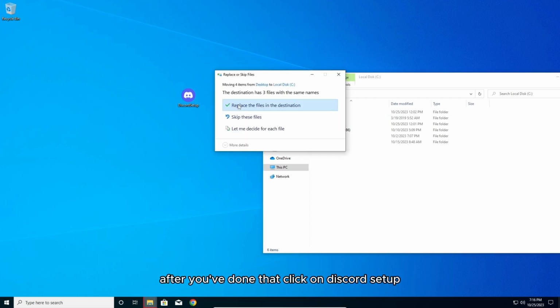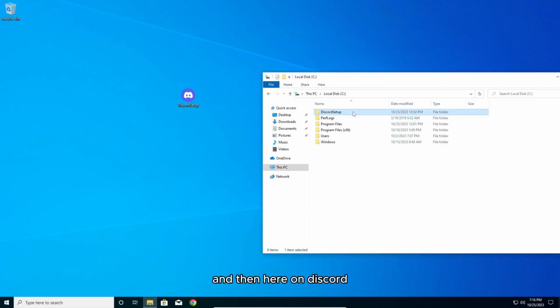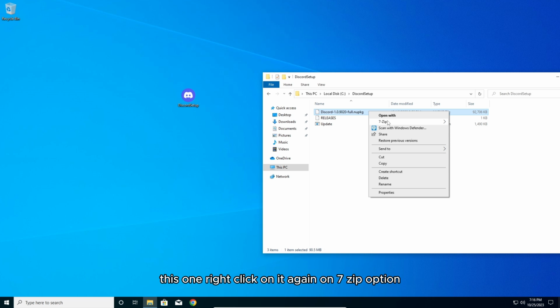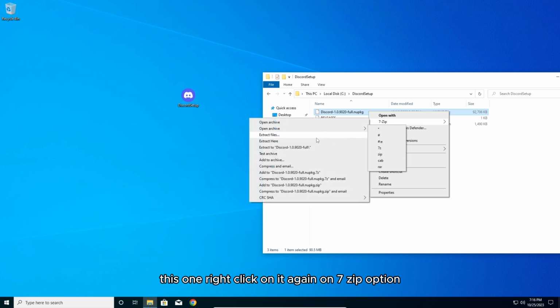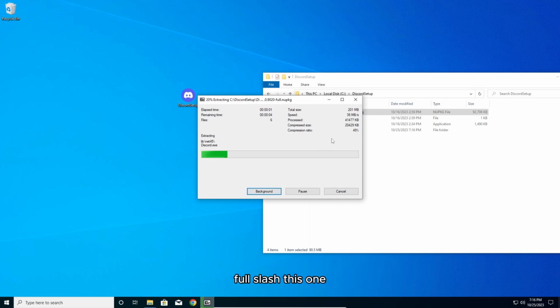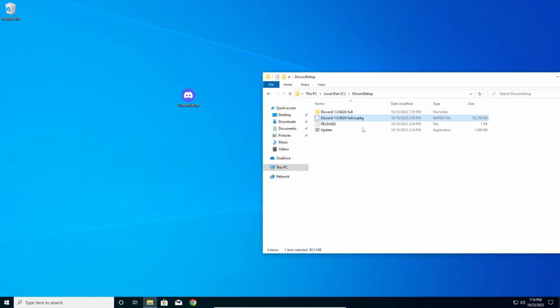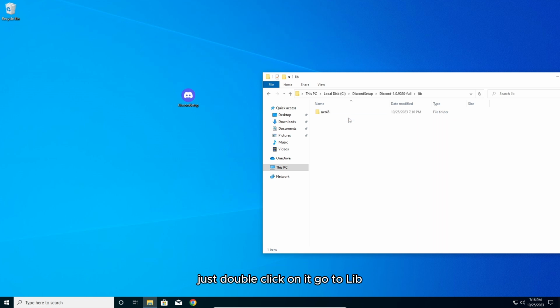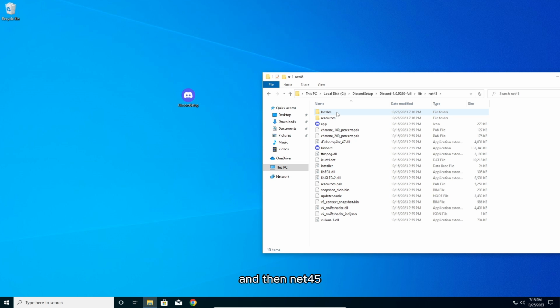After you've done that, click on Discord setup, and then here on Discord full NUPKG, this one, right click on it again on the 7-zip option, and then we're gonna go to extract to Discord full / this one, and then on Discord this full, just double click on it, go to lib, and then net45,